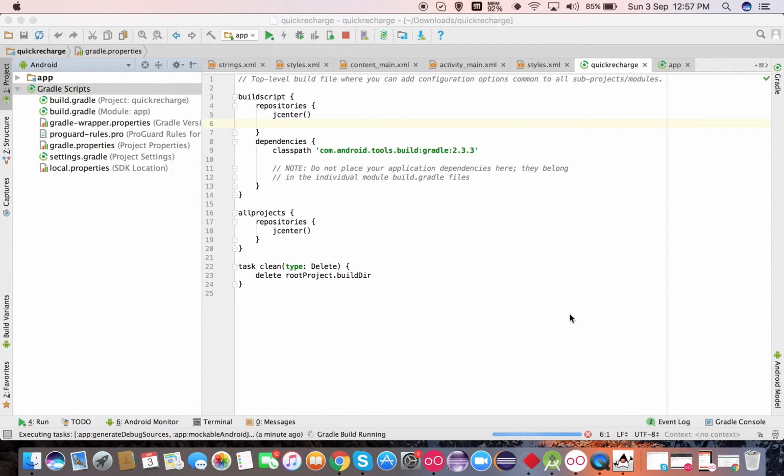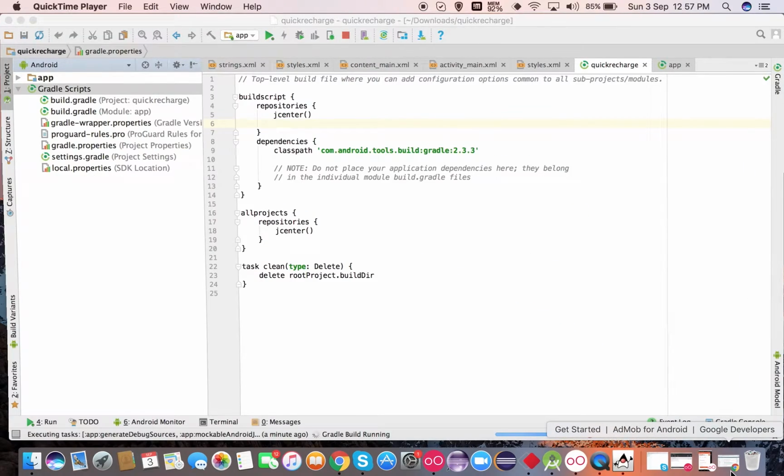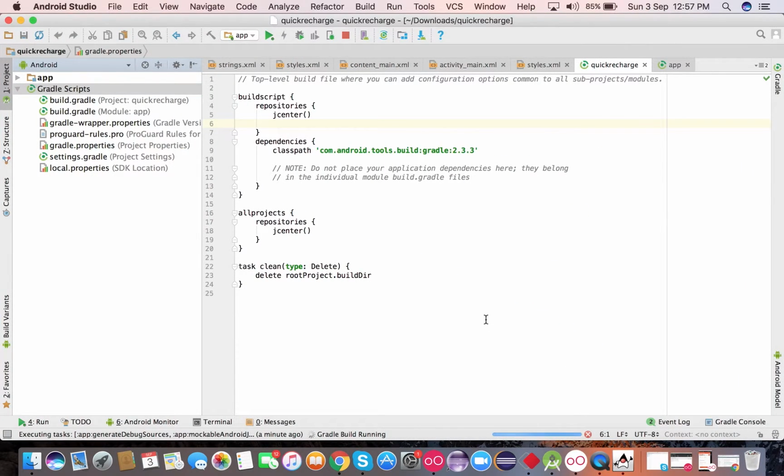Gradle is just asking for a moment. Hope it works now.